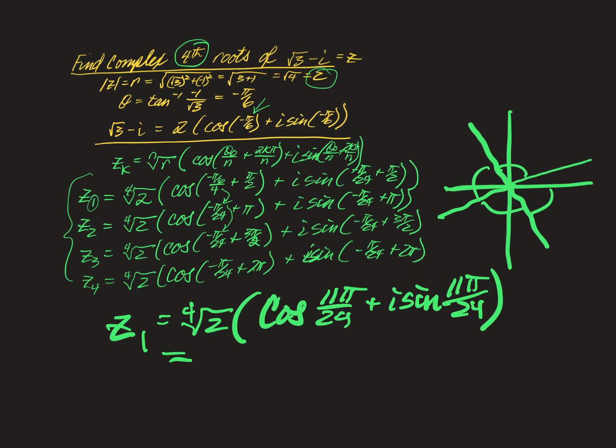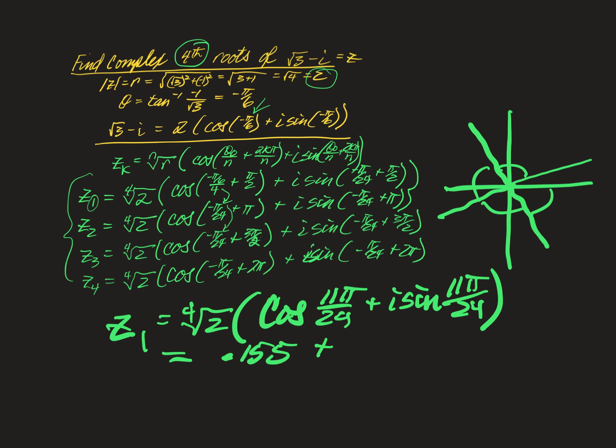I'm going to multiply that by cosine of 11 pi divided by 24. You got to pay attention to your parentheses here for everything. And so I'll figure that part out, and that is 0.155 approximately, and then plus